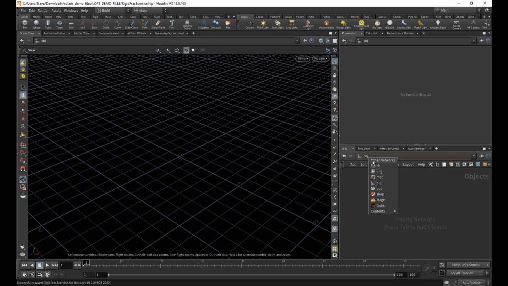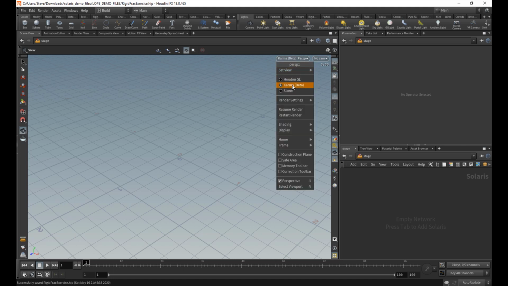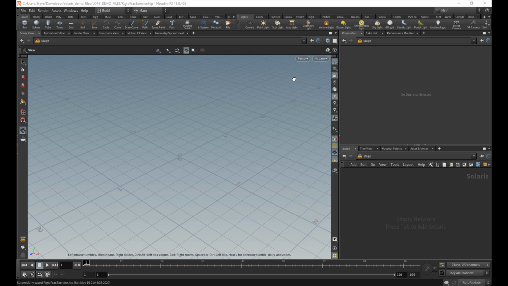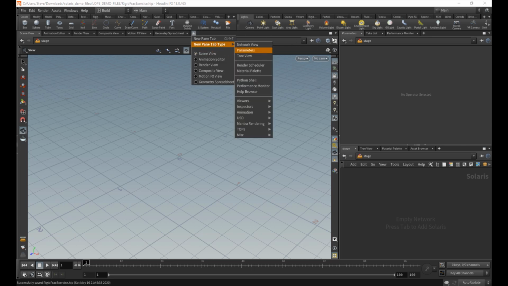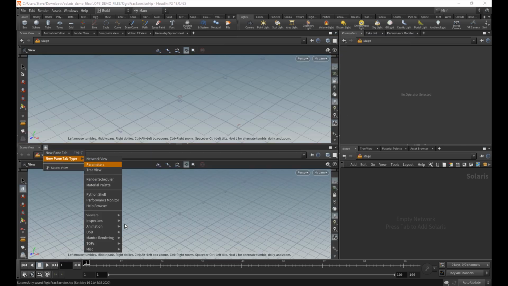What else do we want to do? Let's pop over to the stage where we're actually going to do our various Solaris USD stuff, and change the default viewport renderer from Karma to GL. We're not going to use Karma too much in this lesson. We'll make sure that everything we do works with Karma, but for now, we'll stick with OpenGL. And the last thing I want to do is split this top and bottom, and then say USD